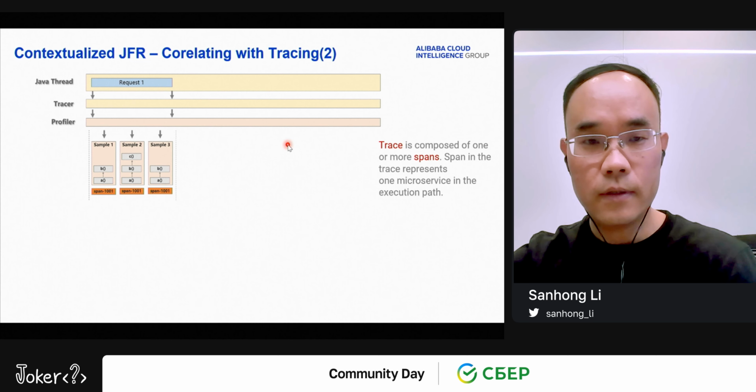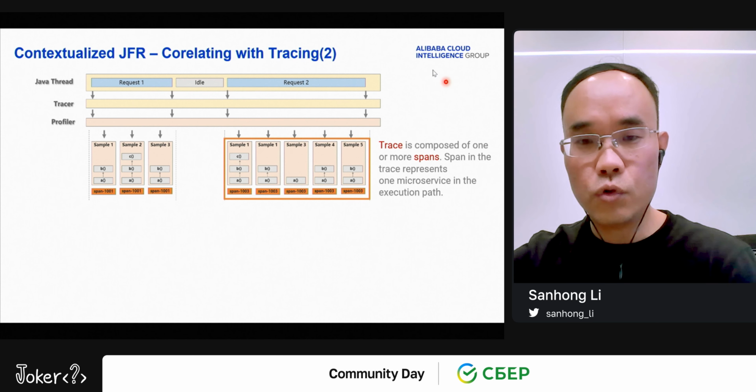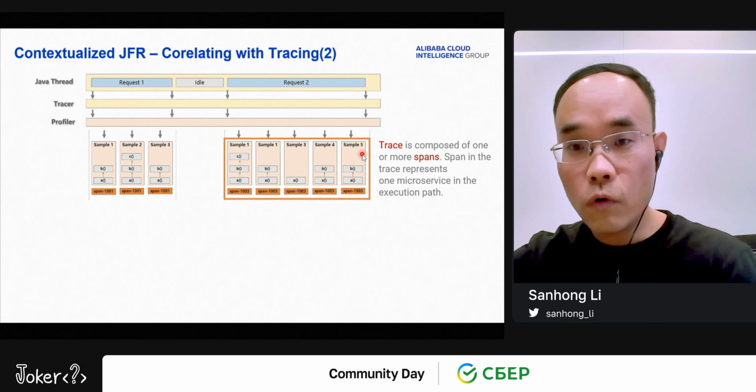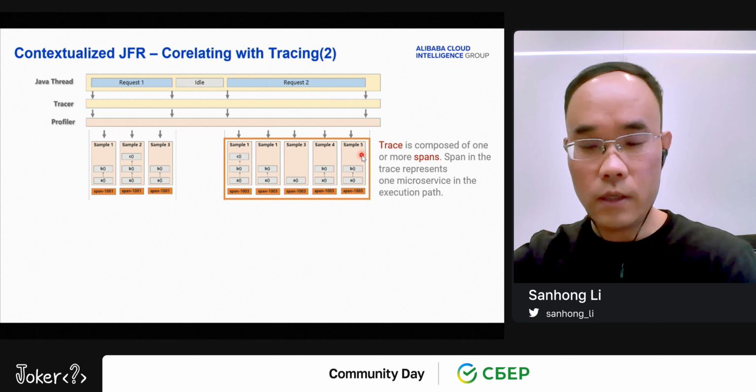After that, we get request two. During request two, we do the same thing and do continuous profiling, and we get sample 1 to sample 5. And the key point here is